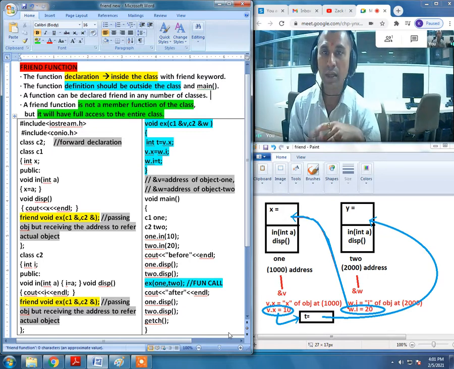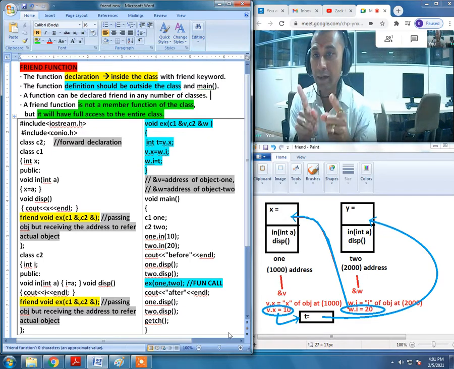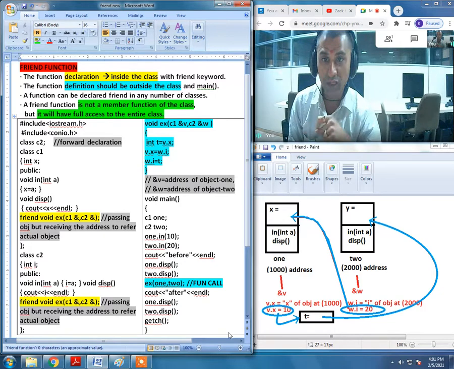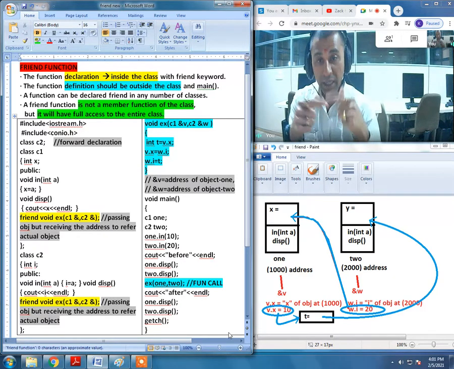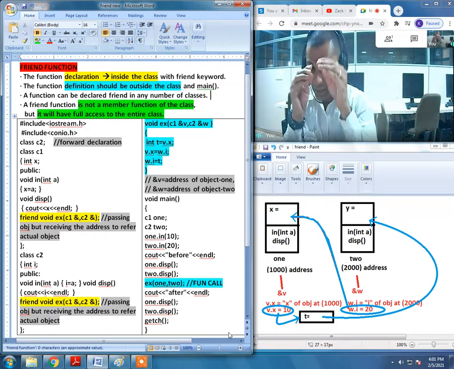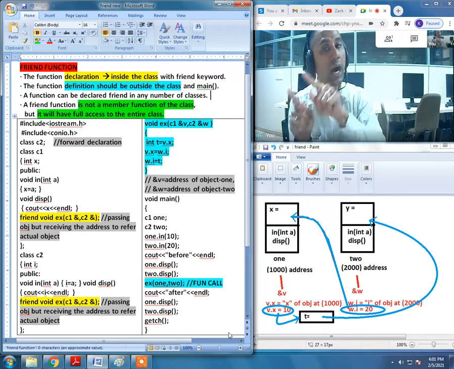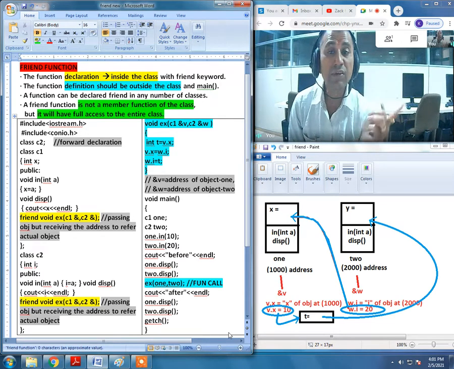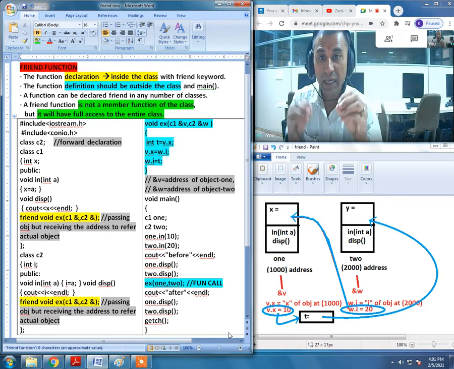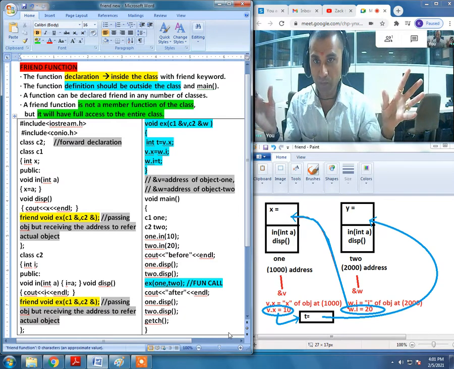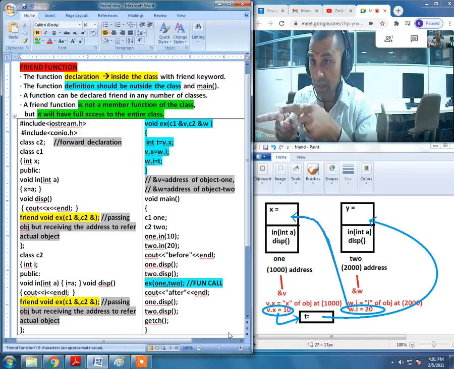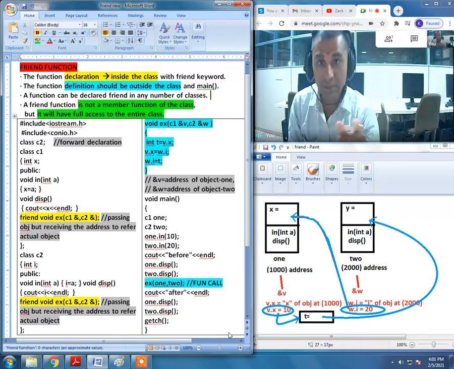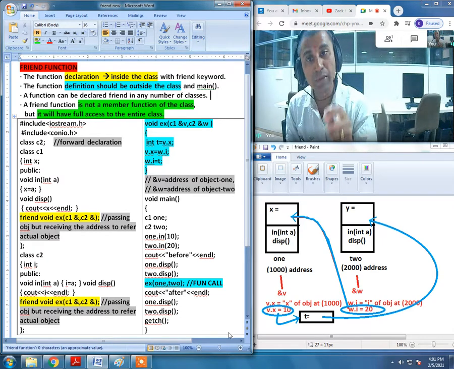So first rule, a function has to be declared as a friend to the class. You can follow the yellow lines, the yellow highlighted part. Second rule, the definition of that friend function cannot be kept inside the class. It has to be put outside the class. That is compulsory. And rule number 3, whenever we are going to make a call to the friend function, it will be like a normal function call. Once again, if you take a look at the green part, it is not a member function of the class, but still it is going to make use of each and every part of the class.